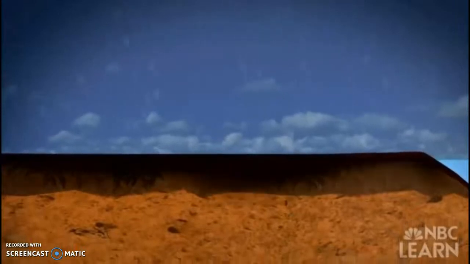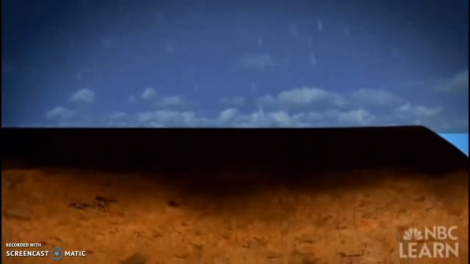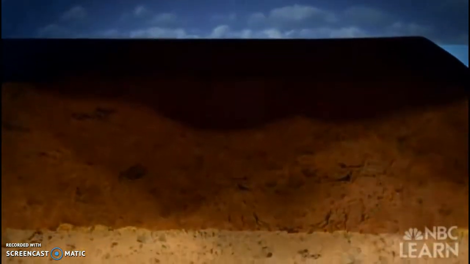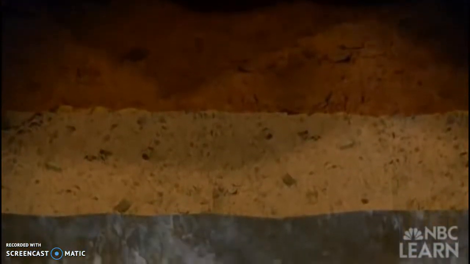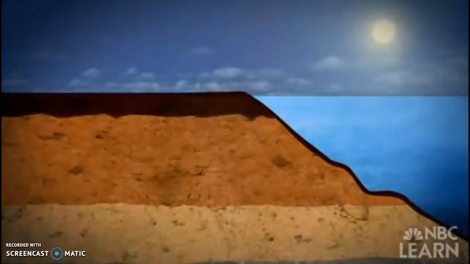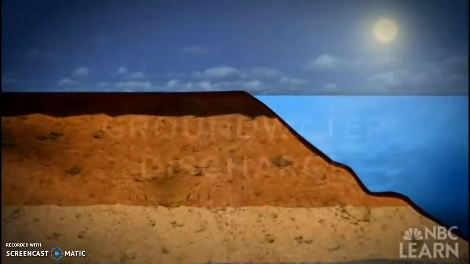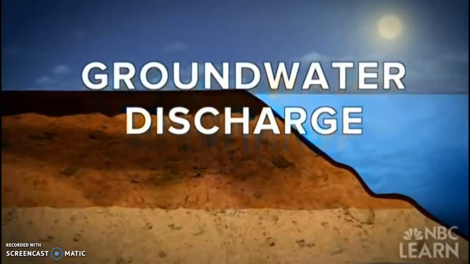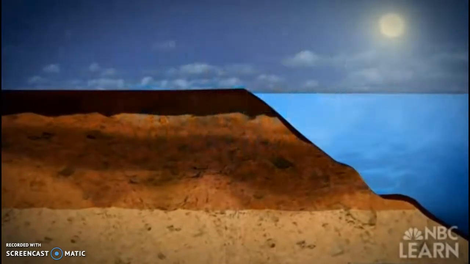Gravity continues to pull it downward so it will move through the topsoil, into spaces between soil and rock particles, down to bedrock and further into fractures, into deep underground aquifers. Even groundwater here is moving sideways or laterally, discharging toward a river, lake, or the sea. Generally, the deeper the flow, the slower the flow. Some of that fractured water might take a very long time, thousands to millions of years to get out.